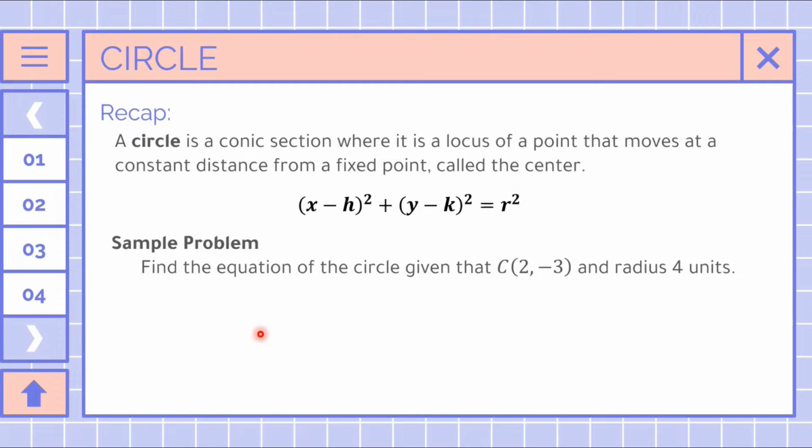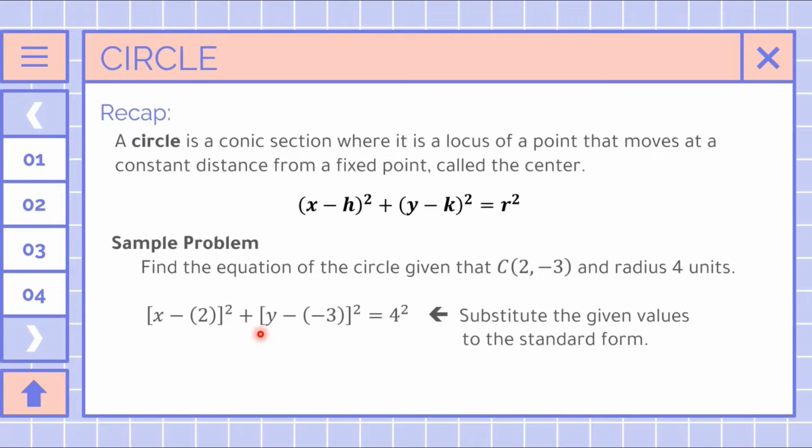So let's try to substitute those values into our standard equation. By substitution, we have the quantity x minus 2 squared plus the quantity y minus negative 3 squared is equal to 4 squared. It is important to note that when we substitute, we should also substitute the sign corresponding to that point or coordinate. As you can see here, we copy the positive 2, we copy the negative 3, so that the sign convention for our final equation